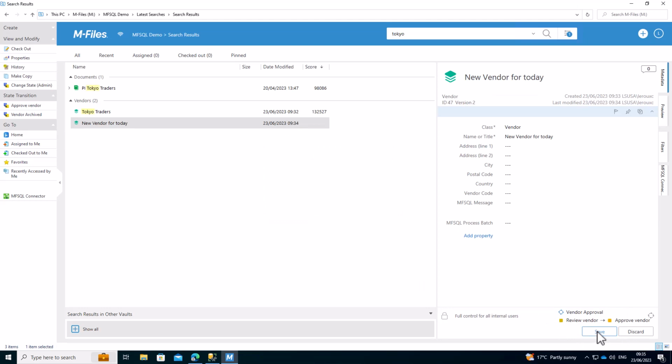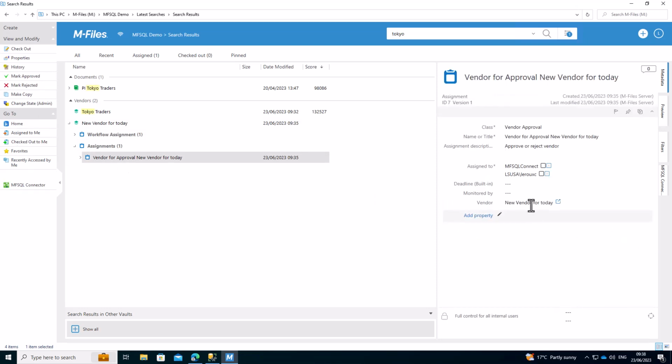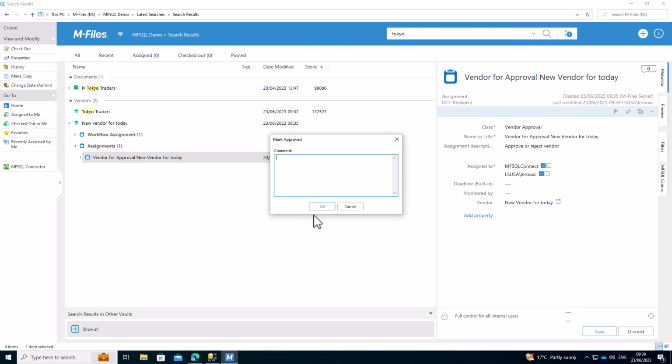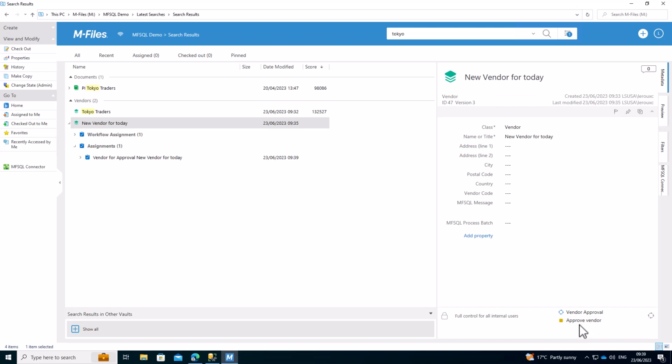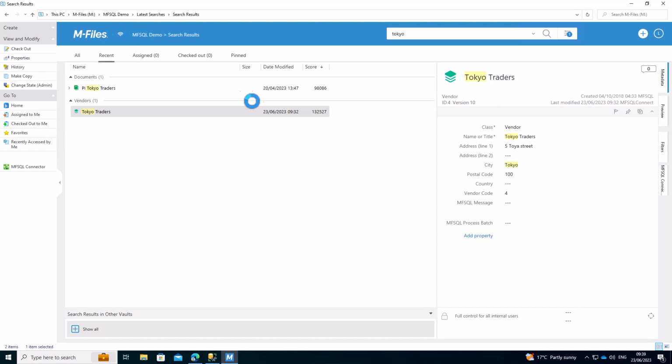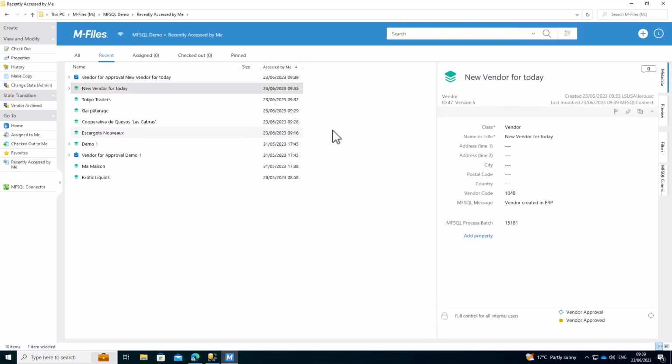So effectively, this vendor is now ready for approval. We can now get to the approving of the item. Let's just select the assignment and approve the assignment. And we approve both of the items to ensure that the approval goes through and is processed by the workflow rules. If we now go and look at the vendor, it has actually moved on to